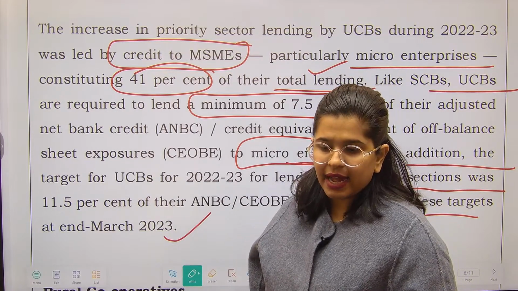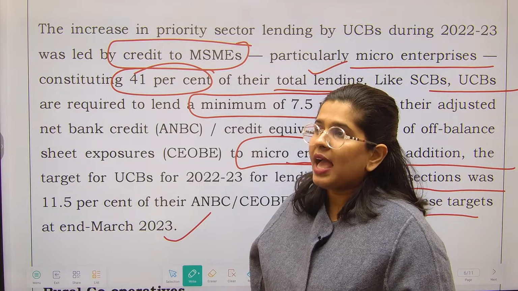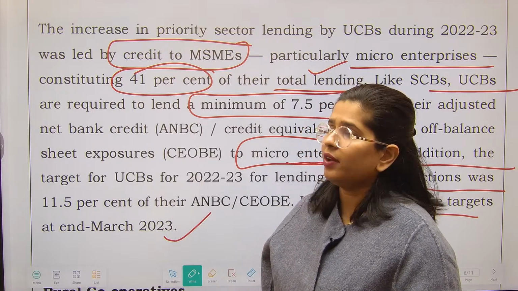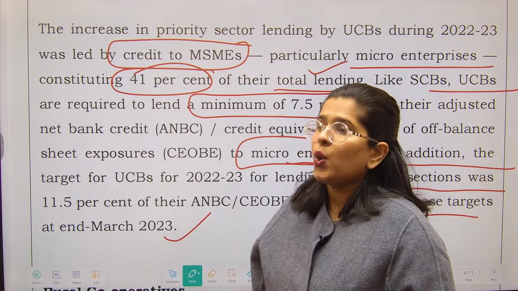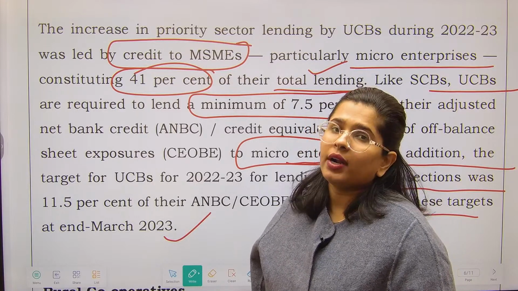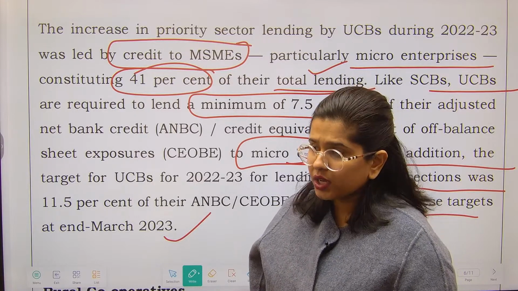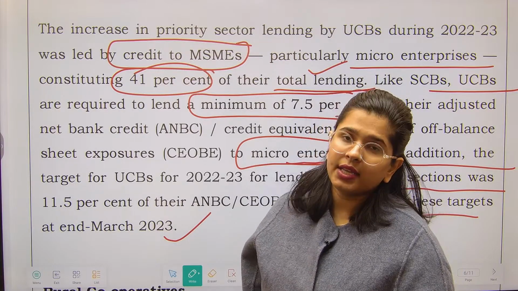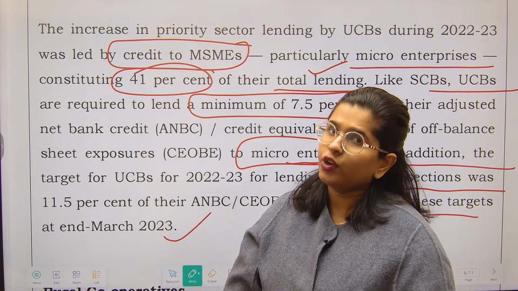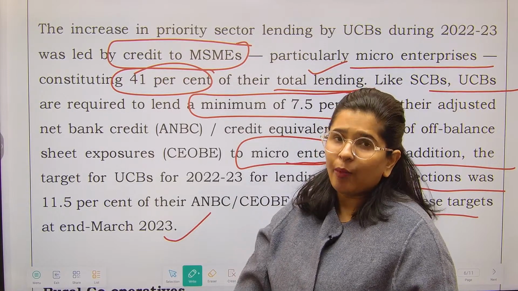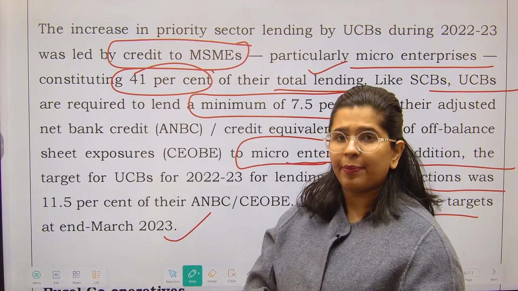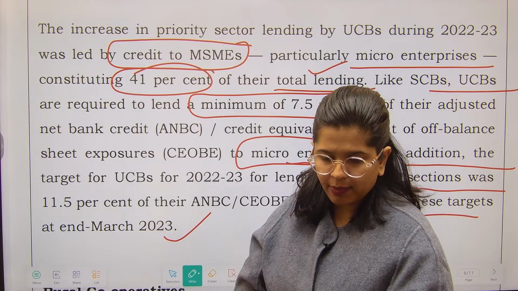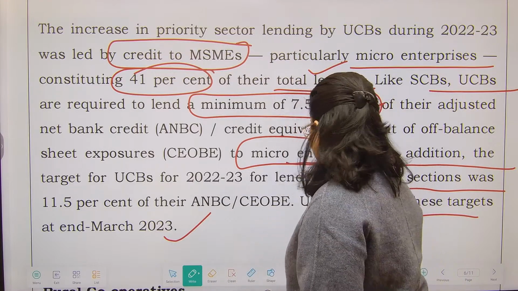So these are the things that were related to urban cooperative banks. We know what is scheduled urban cooperative, we know what is non-scheduled urban cooperative. We have seen their performances, what are their NPAs, what are their provision coverage, and after that we also saw at a combined level what the priority sector lending norms are for them, right? And how many tiers of regulation are applicable onto them. So these were a few of the data that you need to know when we are talking about the cooperatives. Okay? Next,